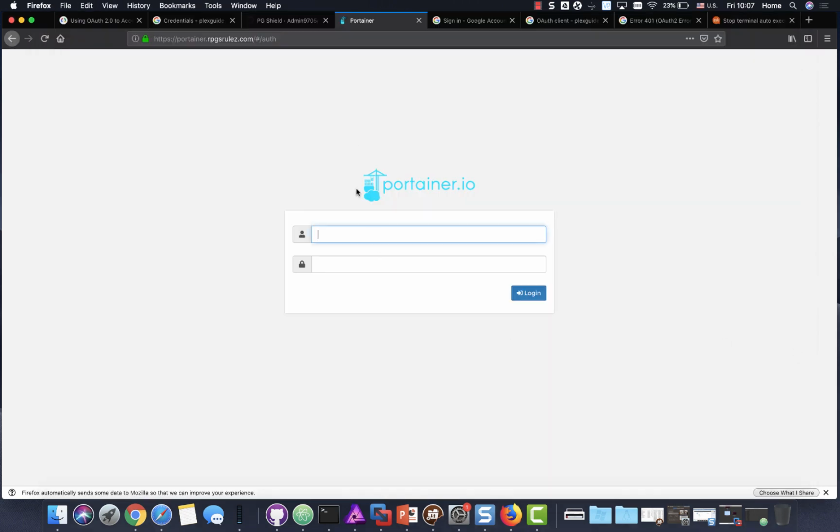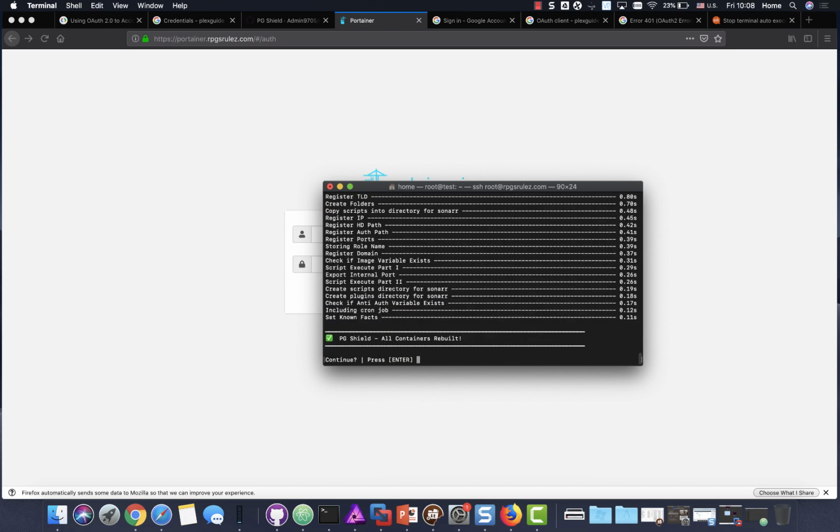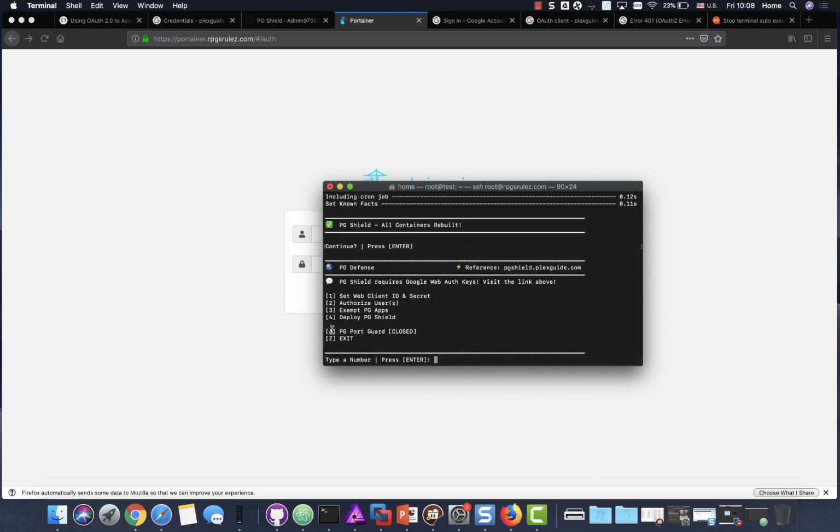So what we need to do now is, let's see if it's done. Good. What you need to do now is, once you validate that everything is working, make sure that you close your ports. Once you do that, you're pretty much protected. And that's pretty much it. So if you're signed in, you're good to go. If you want to open up PortGuard, you can, or you can close it. If you want to check it out, just check out the video for that. Other than that, you have an outstanding